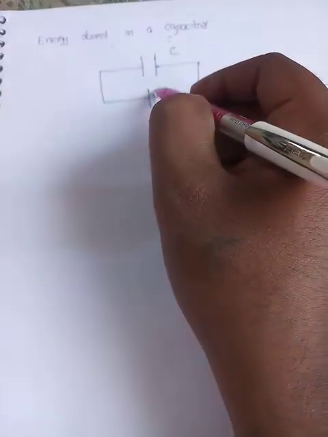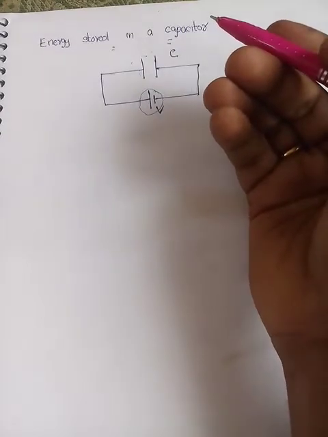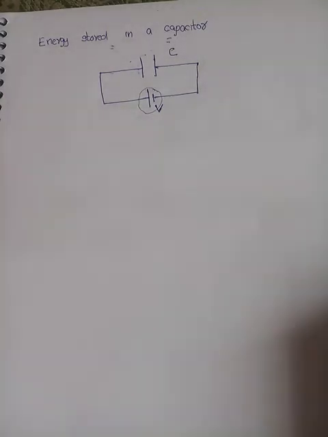So when you transfer charge from one plate to another plate, we should do work against this potential, right? So whatever work is done by us against the potential is stored in the form of potential energy. So that is the concept behind energy stored in a capacitor. The energy of a capacitor is measured by the total work done in charging the capacitor to a given potential. So we already said that.